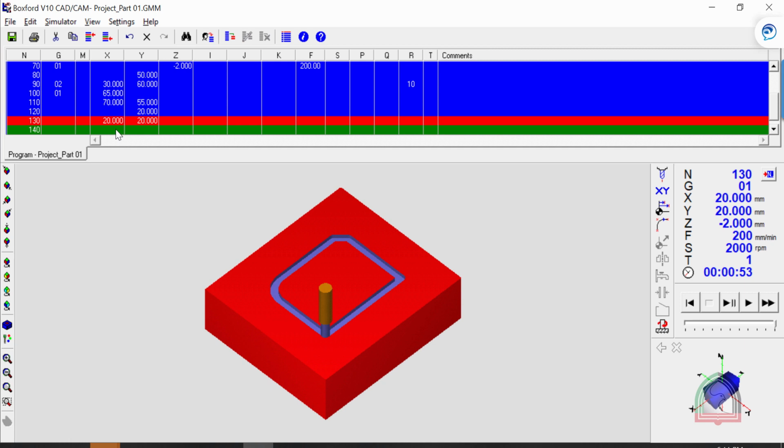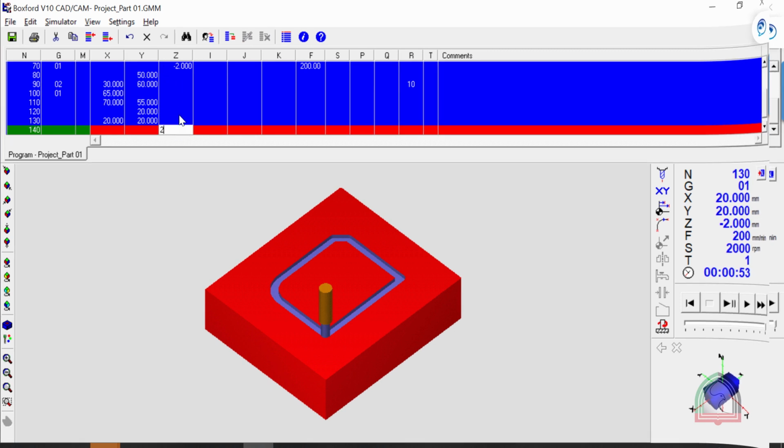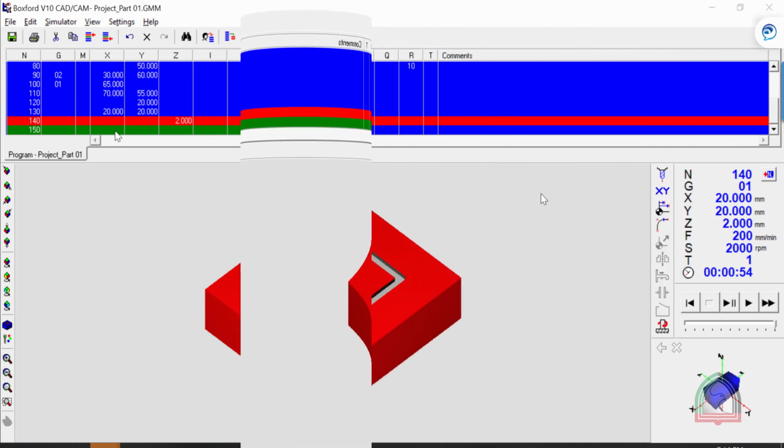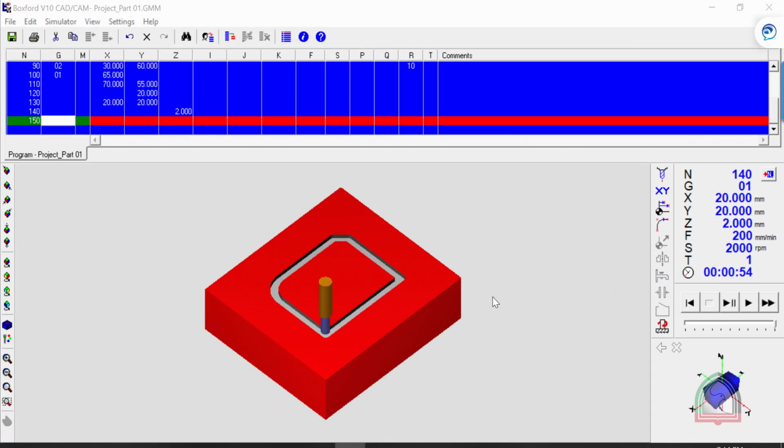So we have finished one cut, but we know that our actual depth is 4 mm. So far we have completed only 2 mm depth because we cannot go 4 mm in a single go. That will affect our tool. So for that, now I am taking the tool outside. I will give 2 of Z. So the tool is outside. So the actual depth is 4 mm. So far we have cut for a 2 mm contour only.